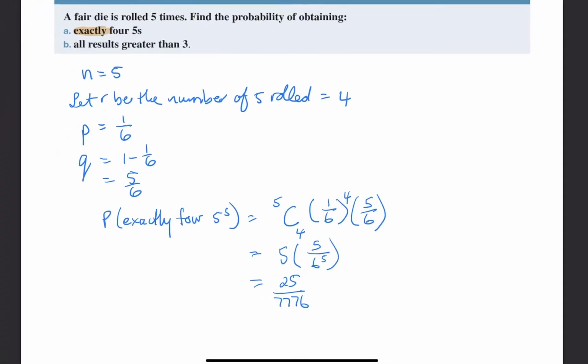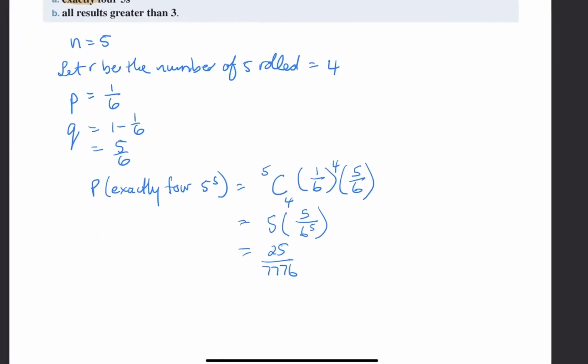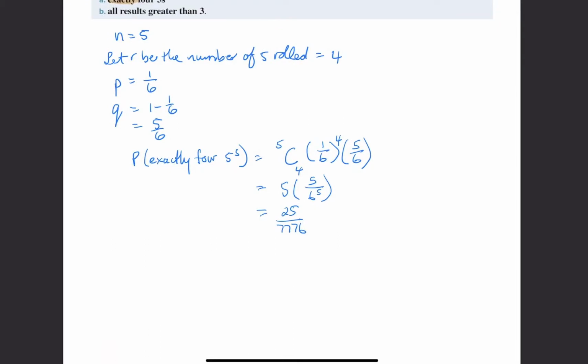If I look now at the next one, I'm going to look at all the results greater than 3. Again, we have 5 throws, so for B, n is 5. I'm going to say let R be